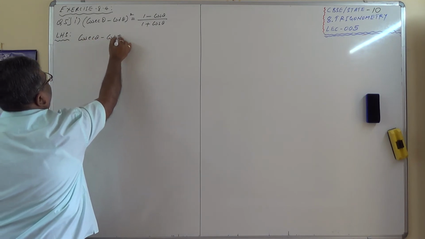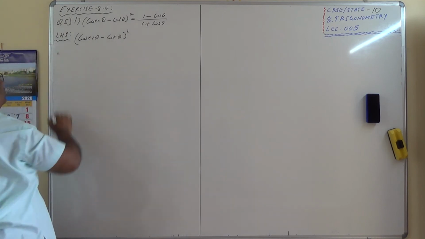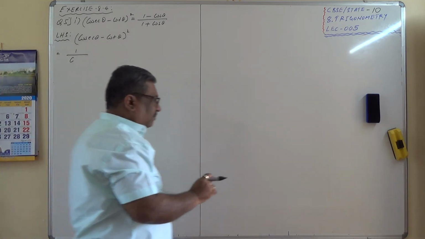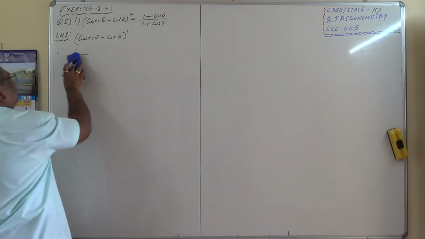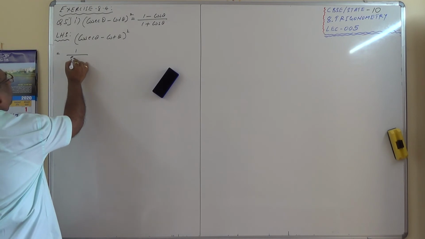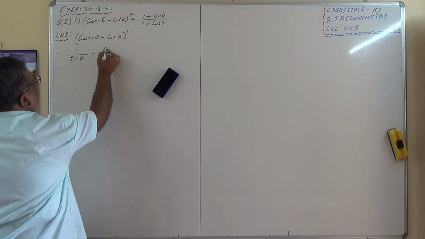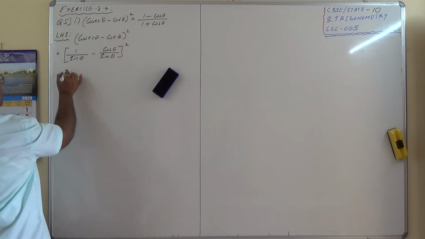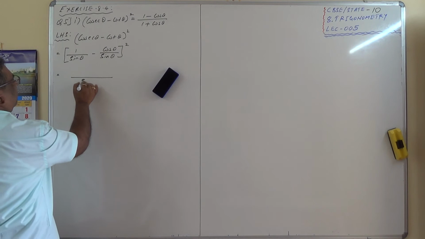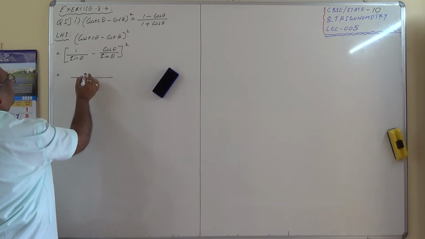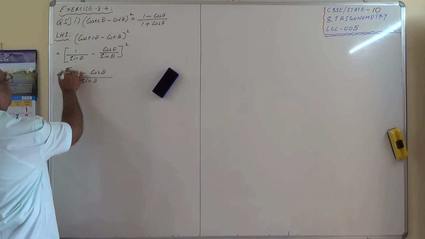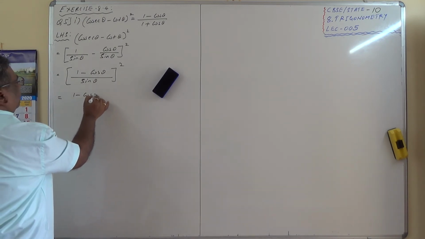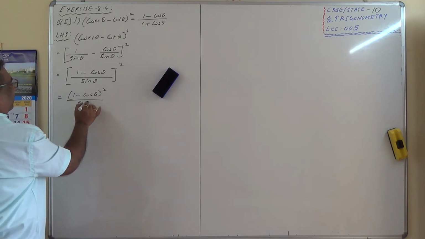Cosec theta minus cot theta the whole square equals, I try to convert it to sin cos ratios, 1 divided by sin theta minus cos theta by sin theta, the whole square, which equals, LCM is sin theta, here it is 1 minus cos theta the whole square, which is 1 minus cos theta the whole square by sin square theta.